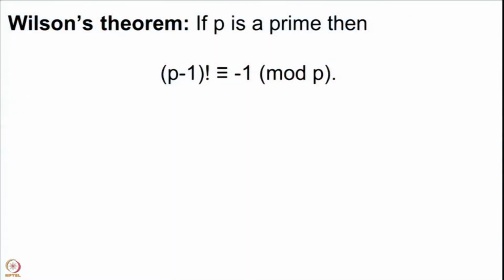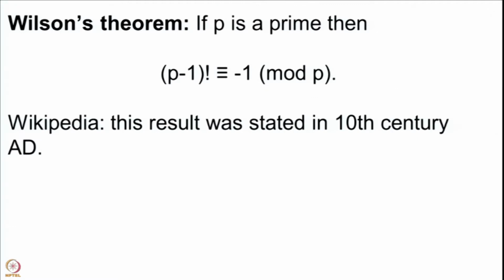Now, this very important and very basic theorem is given the name of this mathematician John Wilson, but as it happens often in mathematics or in several branches of science, this is not originally due to Wilson. In fact, it is not at all due to Wilson. This was stated in the 10th century AD. John Wilson is a mathematician from the 18th century. This was known in the 10th century AD, and in fact Wilson did not solve this at all. Wilson's teacher Edward Waring gave this as a problem.